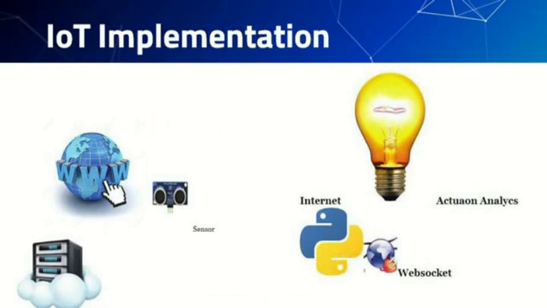As you can see in the picture, there are a few other implementation techniques used in the Internet of Things. That is, we use World Wide Web, sensors, Internet, WebSocket. For Internet, we use applications based on Python, Arduino, Raspberry Pi. There are different applications we can use. So the things here are shown as a bulb, and everything is stored in a cloud server.